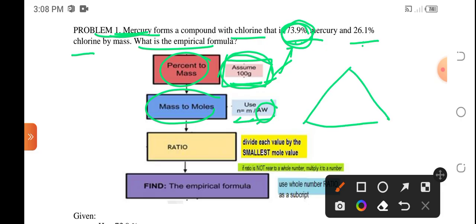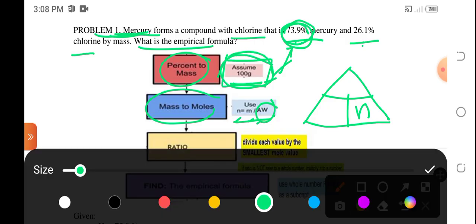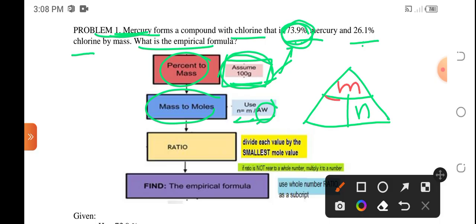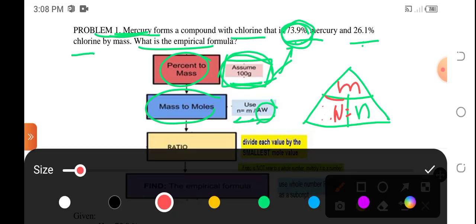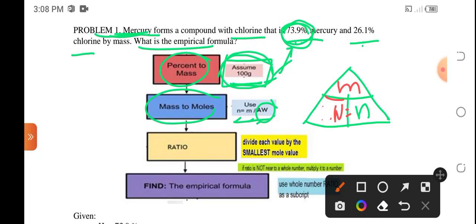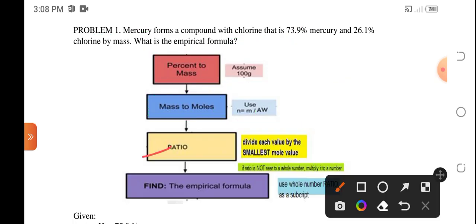So i-recall lang natin yung triangle natin. We remember that here is the moles or n. It could be computed by having the mass divided by the molecular weight. But since we are talking about elements here, the molecular weight could be changed into atomic weight. Ganun pa rin. So number of moles is equal to mass over atomic weight. And then the next step is the ratio, wherein